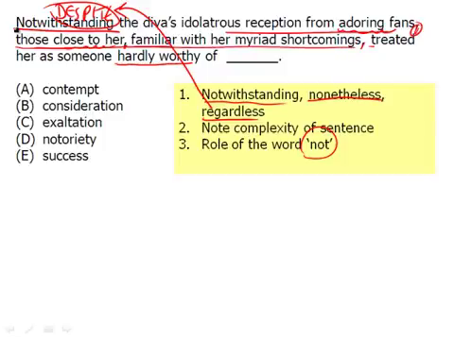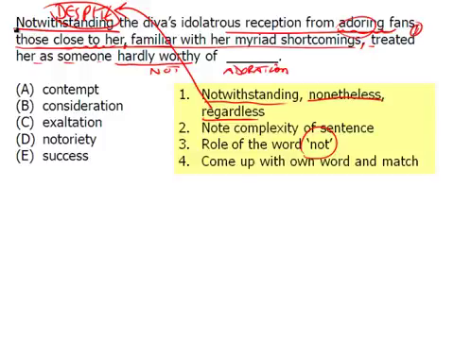So you're only going to get this one shifter, or reverser, in terms of the word, but then when you get down here, you can see that it's like saying she's someone not worthy of adoration. So you're kind of reversing it again, being that you needed a word meaning the opposite of adoring for the second part of the sentence, but by saying hardly worthy of, you're more or less saying not. And so it does the double negative and takes us back to not worthy of adoration. So we look for a word that means adoration, and again, we match.